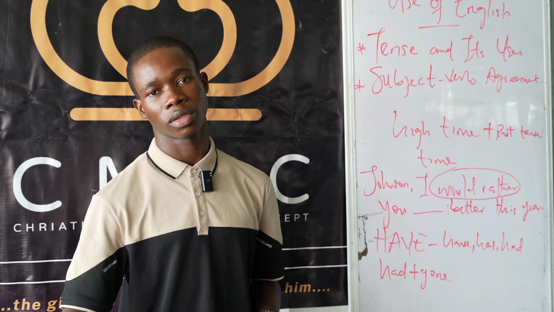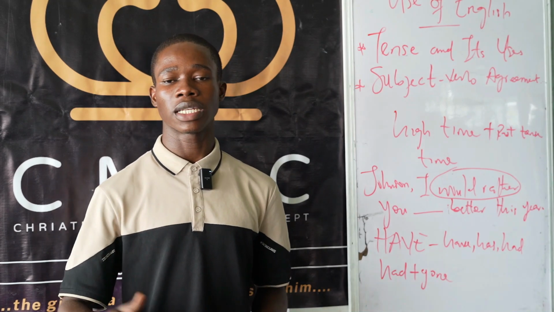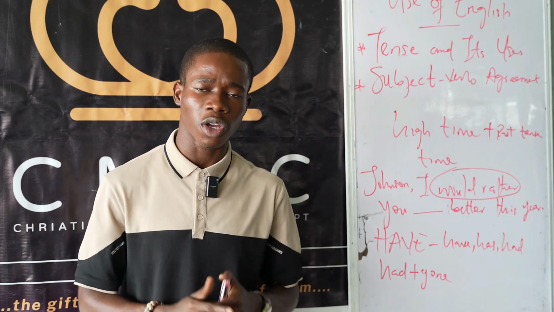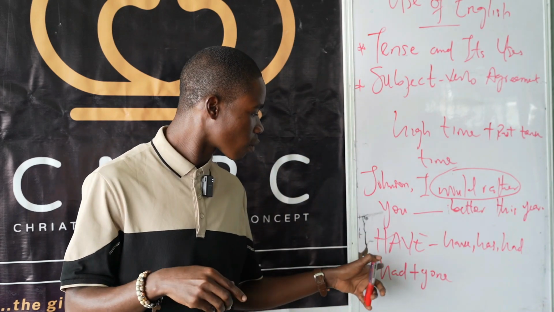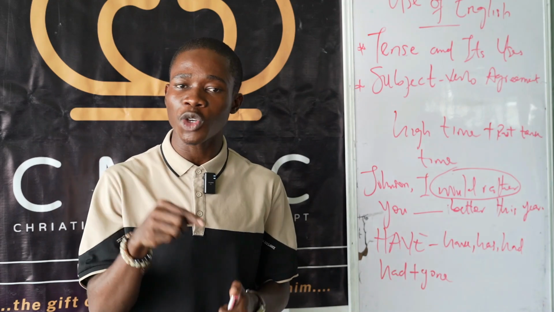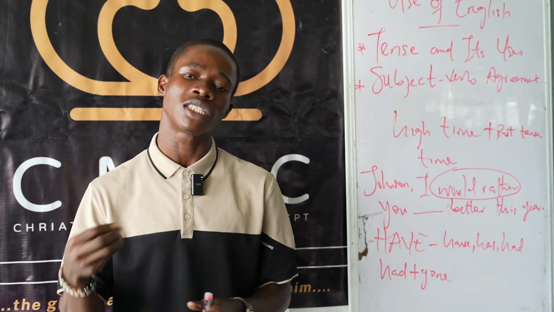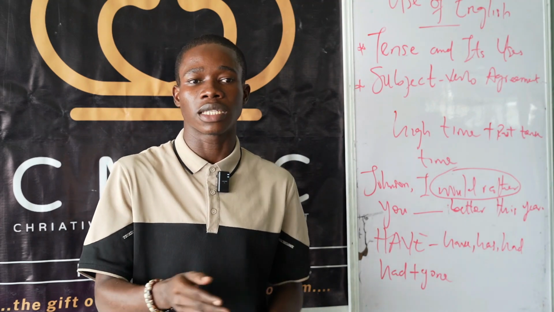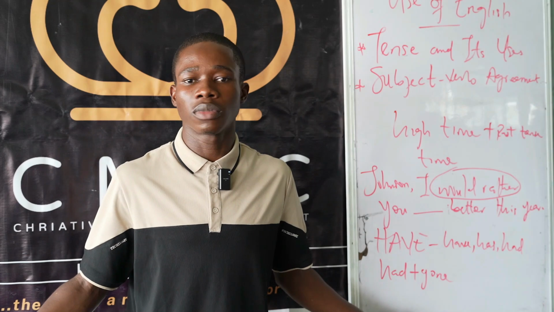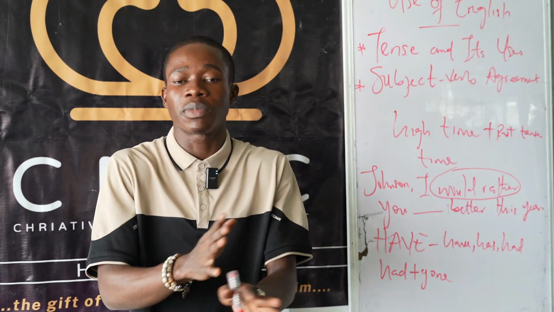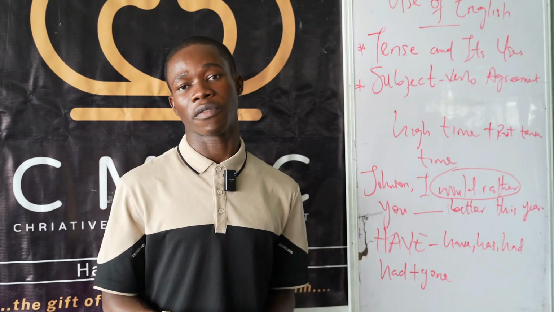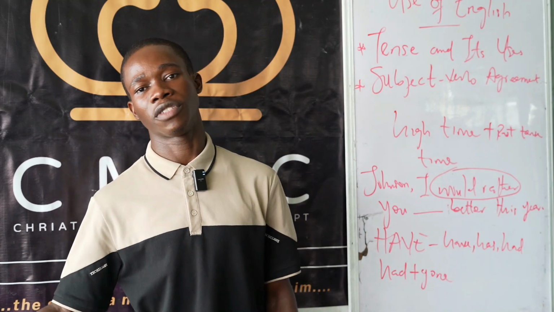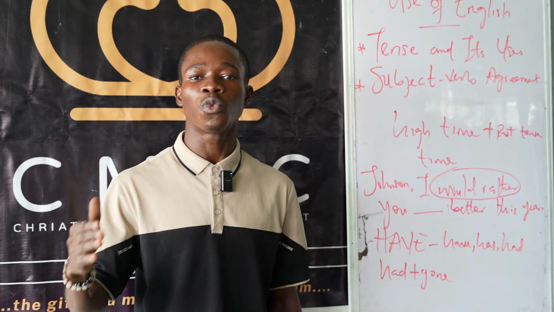He had gone. He had gone home. Look at this. He had gone home. Now, that sentence is incomplete because the rule regarding past perfect tense usage says that when you have past perfect tense, there has to be a clause containing a past tense after that past perfect tense clause. That is, you can't just leave it at he had gone home. There has to be another action which had already been completed when you use past perfect tense. So you say he had gone home when we arrived. He had gone home when we arrived.